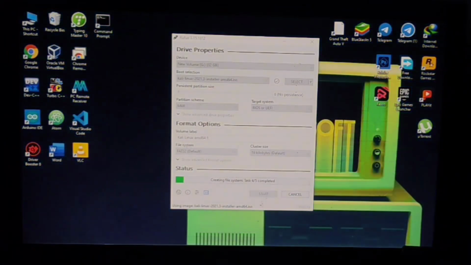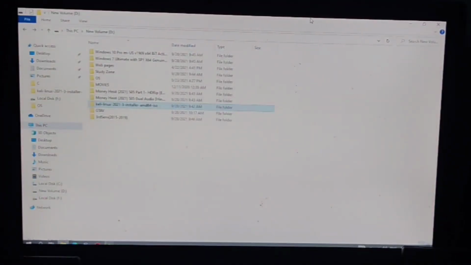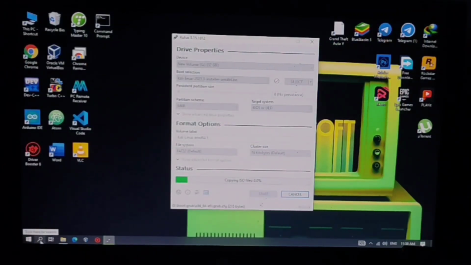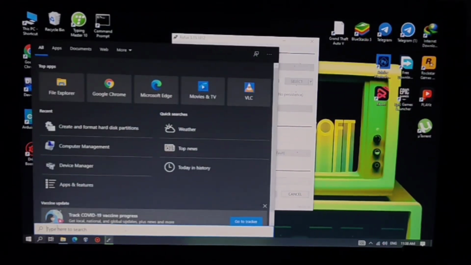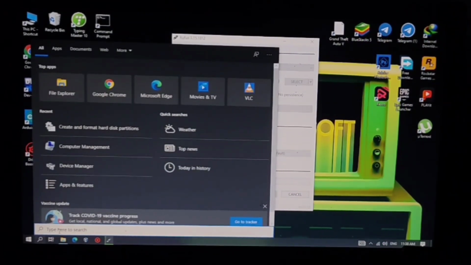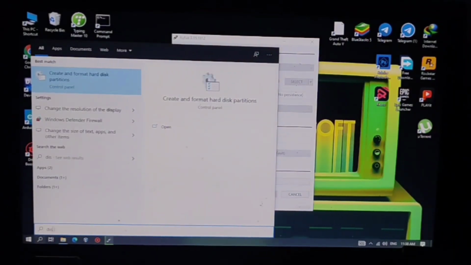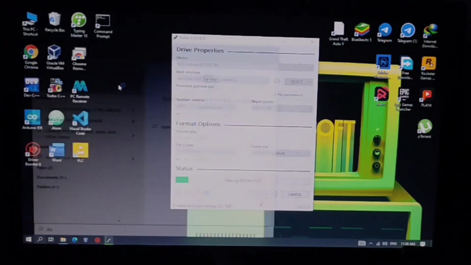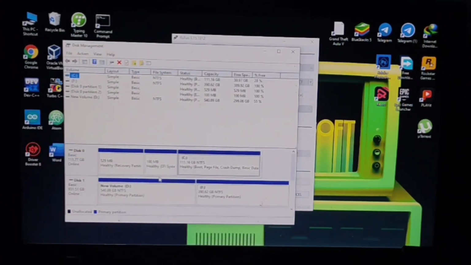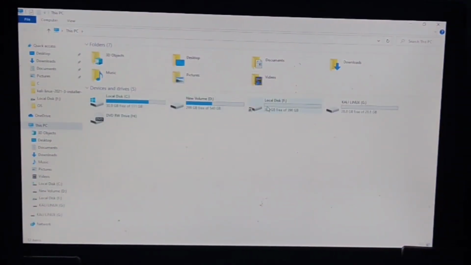While the process is running, we complete another step, that is the partition. Here we search for disk partition, create and format disk partition. You can open that option and there you can see many disks. That is the disk. You can also format or use any partition of it.